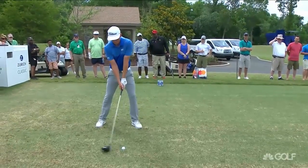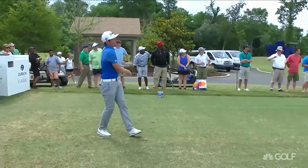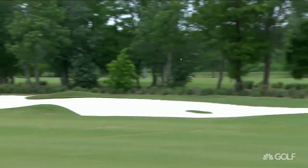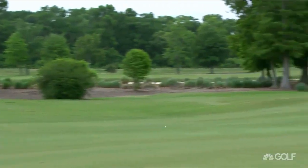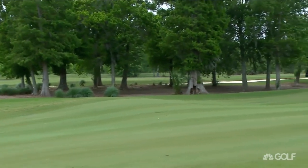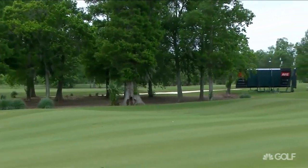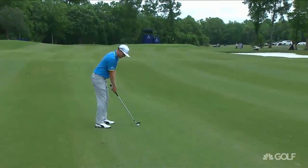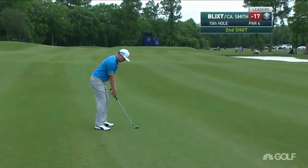That would be a 2-shot lead then at 17 under, but now Brandl at 15. Well, from a great look at Cameron Smith at the 15th, going from the chip of Jonas Blixt to the drive here, this is just textbook. Absolutely beautiful move. Little bit shut on the way back, which encourages more rotation on the way through. It's a great way to play in windy conditions, and just a beautiful drive and set up this iron shot,